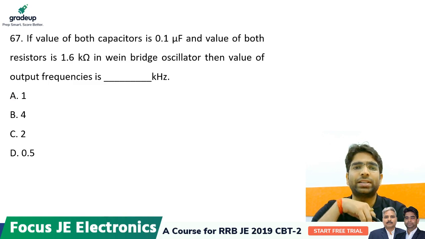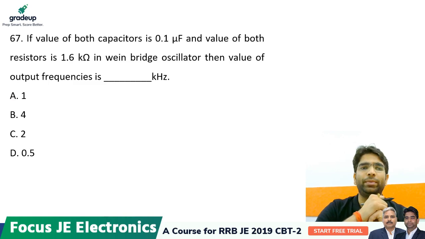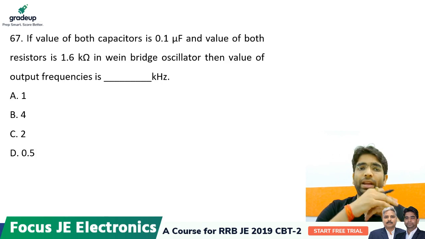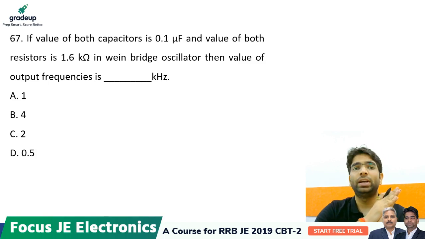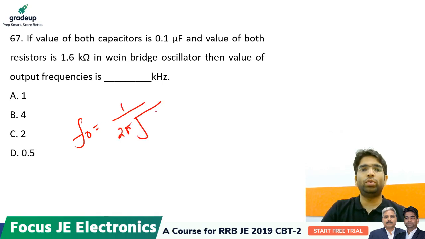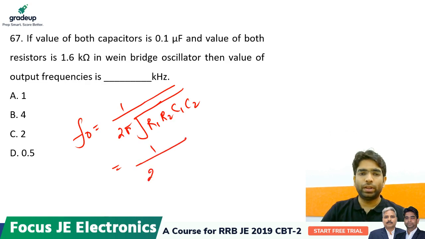The value of both capacitors is 0.1 microfarad and both the resistors are 1.6 kilo ohms in Wien's bridge. Wien's bridge is used for measurement of frequency. The frequency of oscillation of the Wien's bridge is given by 1 by 2 pi root of R1, R2, C1, C2. Since both the resistors and capacitors have equal values, you can write it as 2 pi RC,